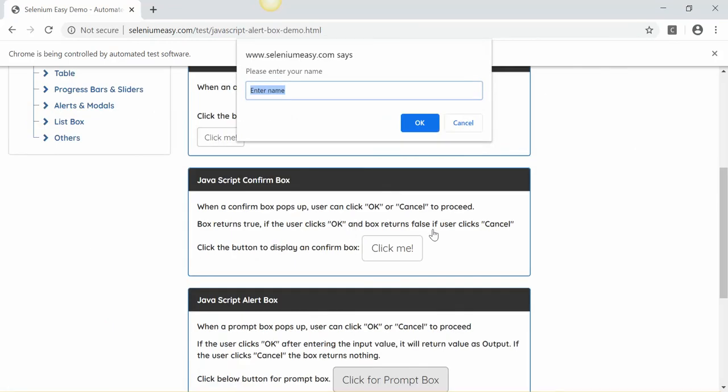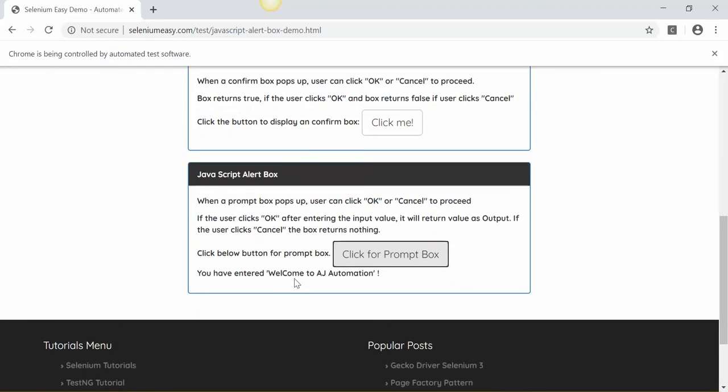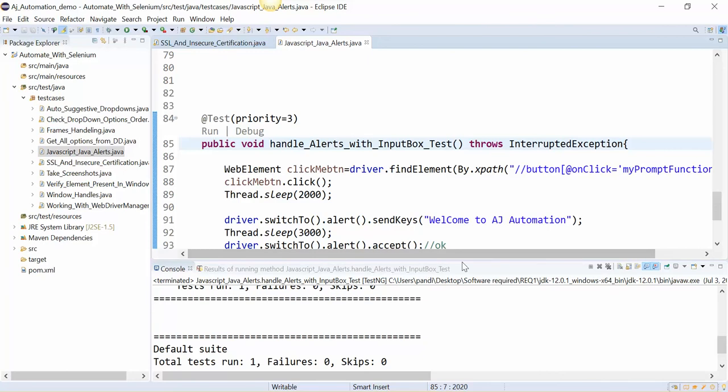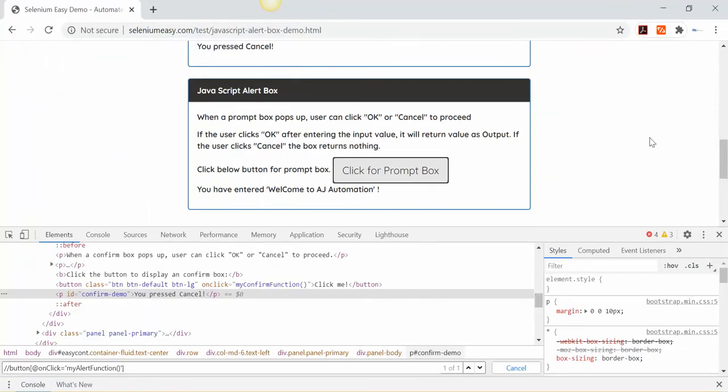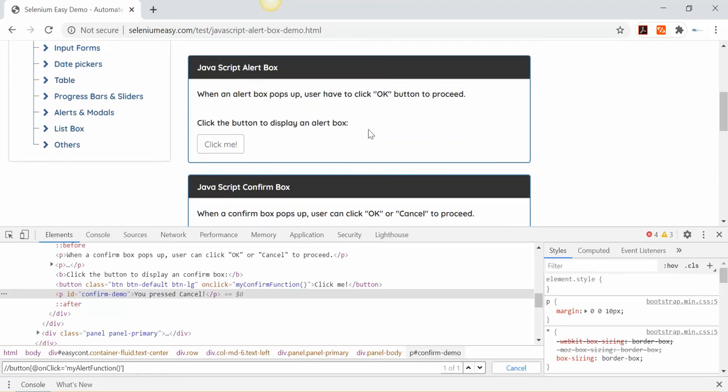Okay, you see, it's quite fast. See here, it has entered that text. Now the test case also has passed. So it was a quick one, but as the assert is passed, it's working fine. Okay, that means we successfully handled all these kinds of alerts.